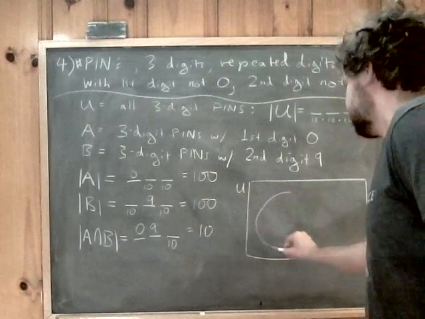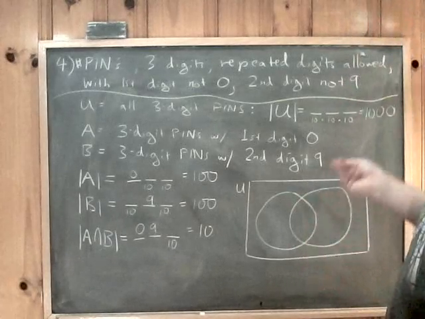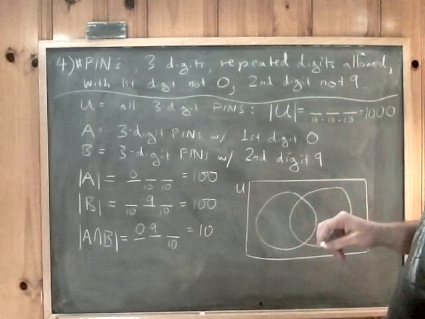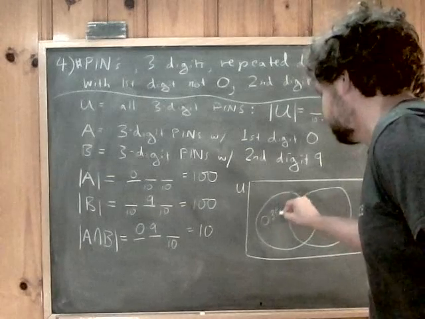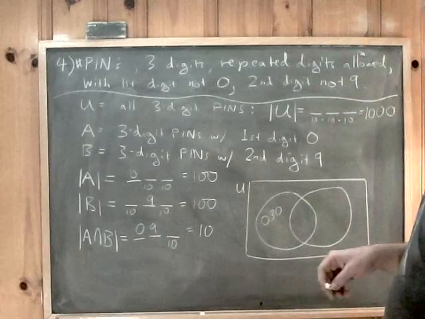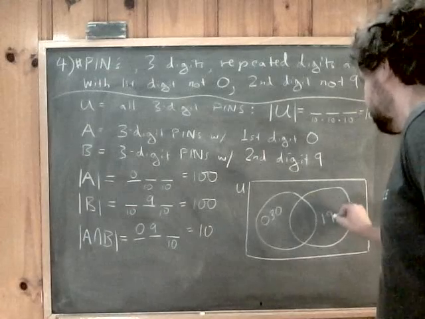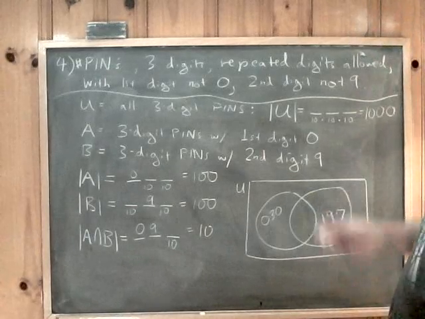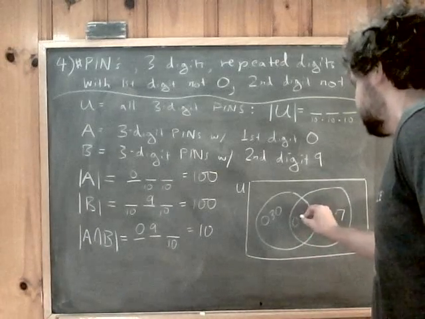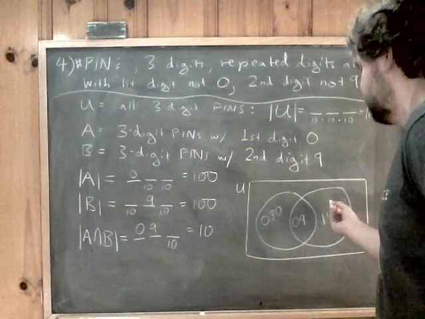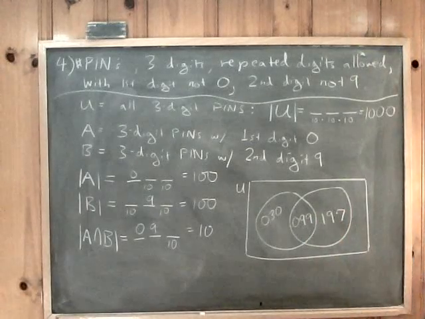And then here's an A and B. So for a couple of examples, A has 3-digit pins with the first digit 0, so things like 0, 3, 0. You're allowed to repeat. B has things with the second digit 9, so things like 1, 9, 7. But the intersection has both the 0 in the first and the 9 in the second, and then anything in the third. So for instance, 0, 9, 9 would be in the intersection,